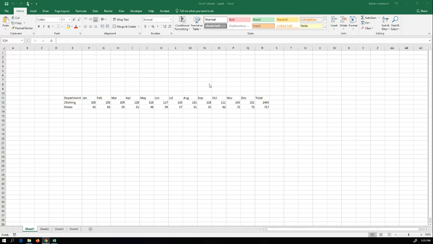It's very similar to conditional formatting, so I'm going to walk you through that now. This is just random data, I don't know if it's real, from an old lesson, showing sales in different departments, clothing and shoes, over 12 months of the year. I'm going to set this up to the side here. Clothing,